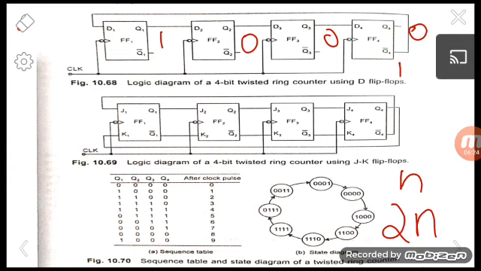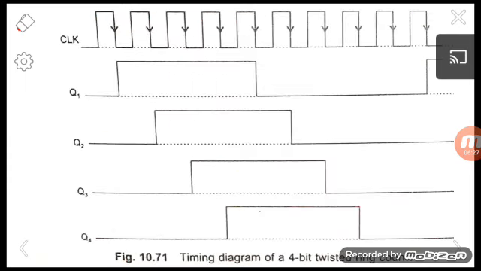This is the timing diagram of a Johnson counter. After the first clock pulse Q1 will become 1 and continue like this, after the second clock pulse Q2 also becomes 1, after the third clock pulse Q3 becomes 1, and after the fourth clock pulse Q4 becomes 1. So these are the two basic types of shift register counters. Learn well. This is a sure university question, either the ring counter or the Johnson counter.